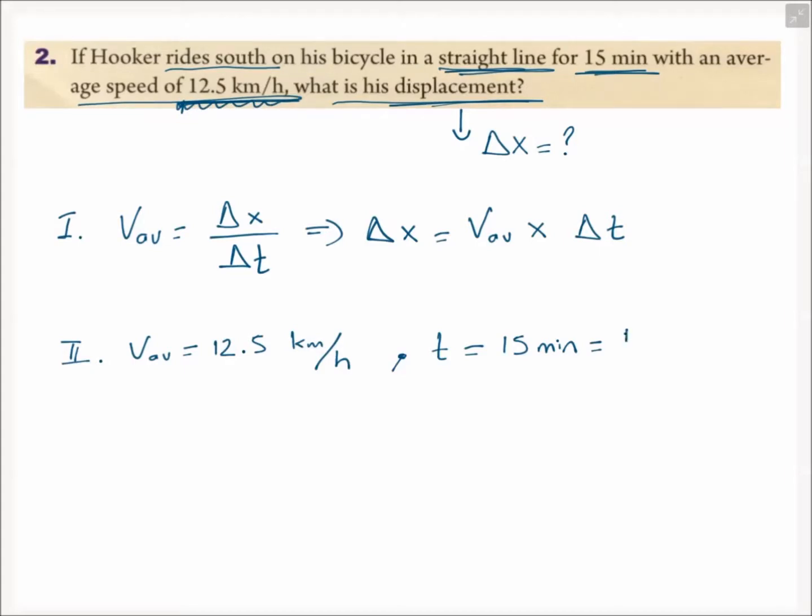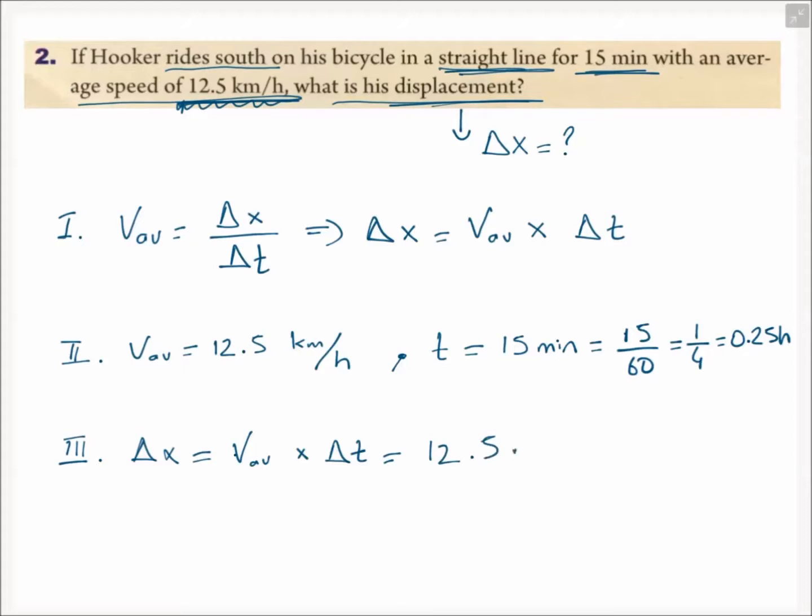15 minutes equals how many hours? To find it, we have to divide by 60. So 15 over 60, 1 over 4, and it's going to be 0.25 hours. The third step is the substitution. Now I'm going to substitute all those givens in the formula. Delta x equals v average times delta t. v average is